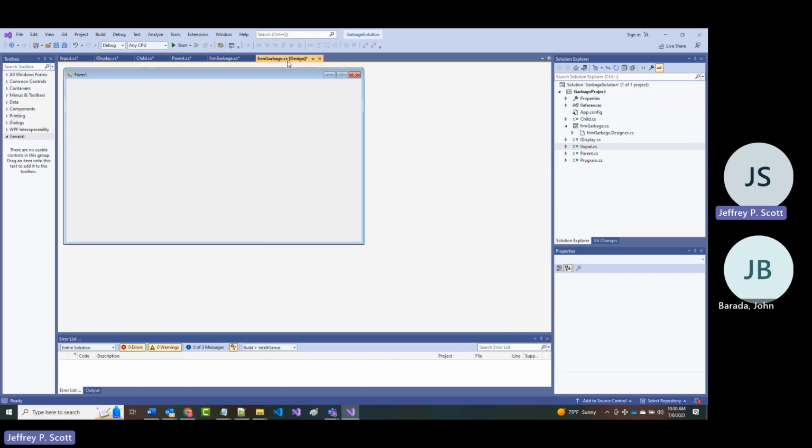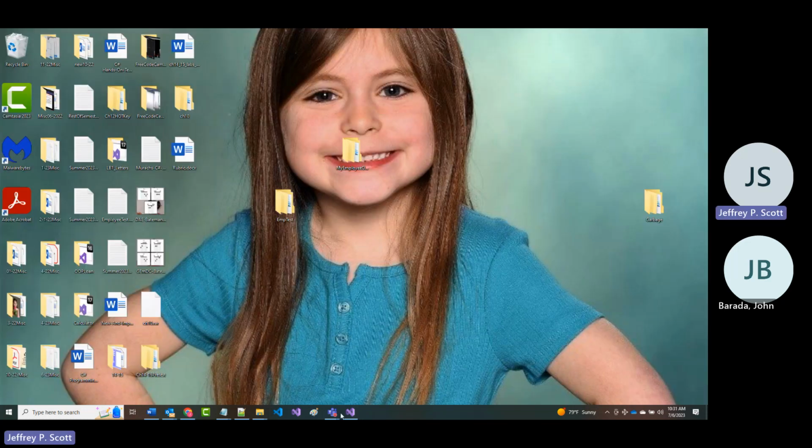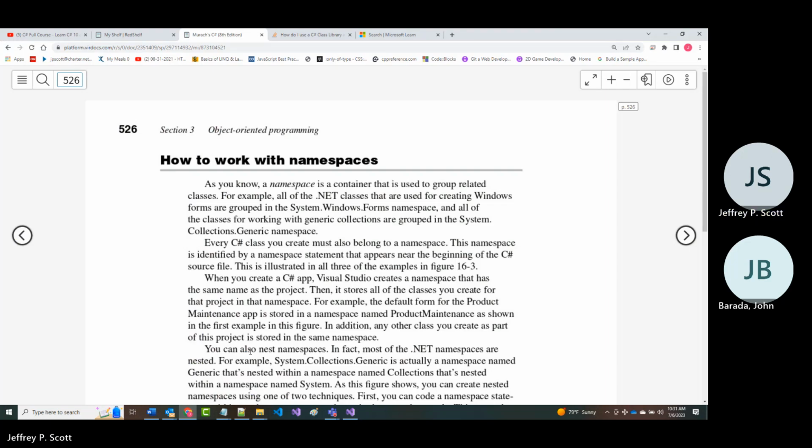And this is just my form. All right. The namespace by default is going to be the name of your project. So as mentioned right here, the namespace is the container used to group related classes.